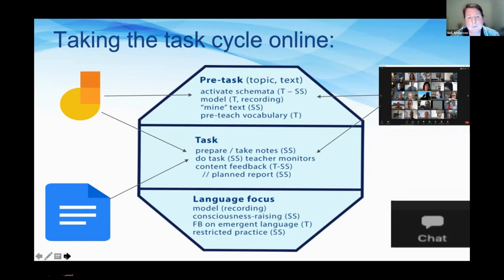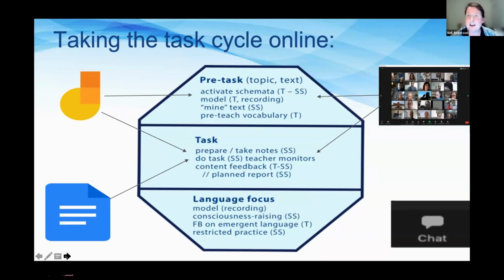Okay. In addition to Jamboard, we can see in the bottom left just simply Google Docs. So if you have a task that involves a lot of text, either the students need to read it or they're producing it, because tasks can be written as well as spoken. They could be creating some form of text together.